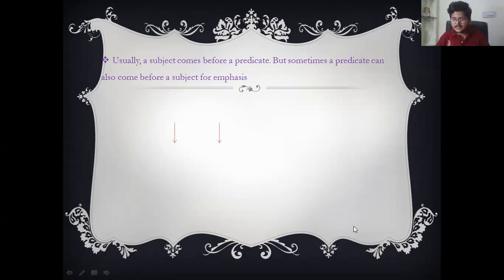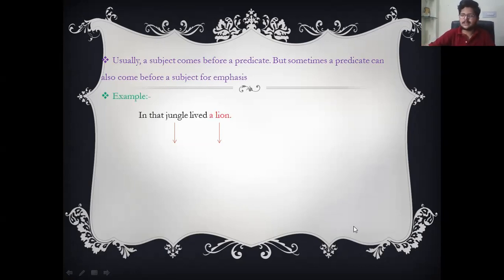But there are also some sentences in which a predicate can come first and the subject can come after the predicate. Okay. Why does it happen like this? To make emphasis on a part of the sentence, sometimes the predicate comes first and the subject comes after the predicate. Example,